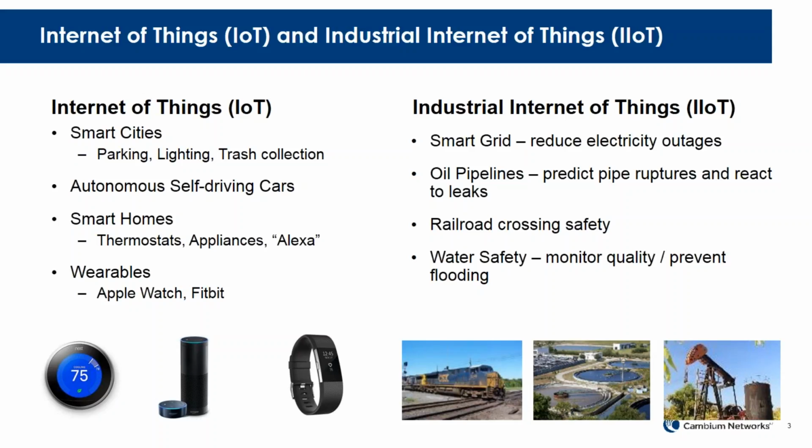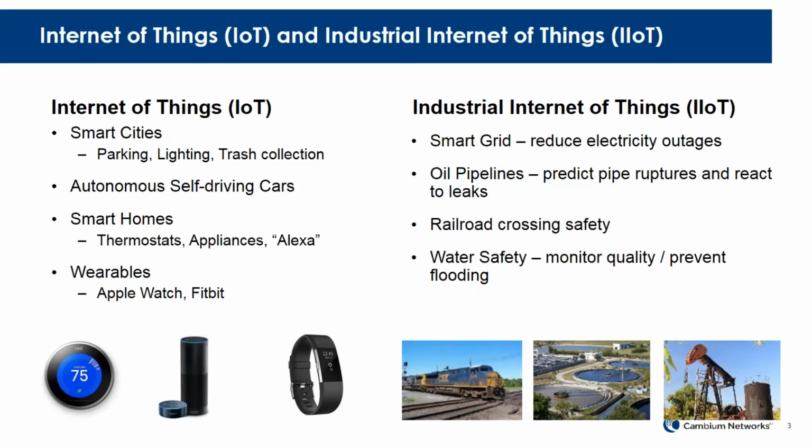When we talk about the IoT, we're looking at things like the smart grid. This is for the electric utility system. So here we're looking at how do I reduce outages, how do I make the system run more efficiently, avoid brownouts or blackouts, and optimize the entire electric system.